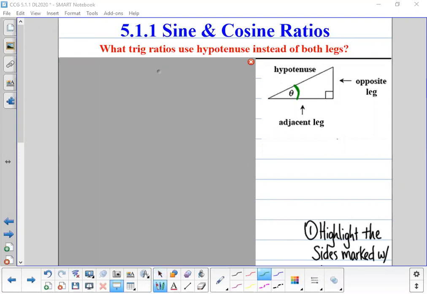We have the hypotenuse, which is the side length that's across from the 90-degree angle. And then relative to theta, the side that is across from theta is our opposite leg, and the side that is next to theta is our adjacent leg. So it's important for you guys to understand what the three different sides are in a right triangle, because based on which one you have values and variables for, that's going to tell you which one of our trig ratios